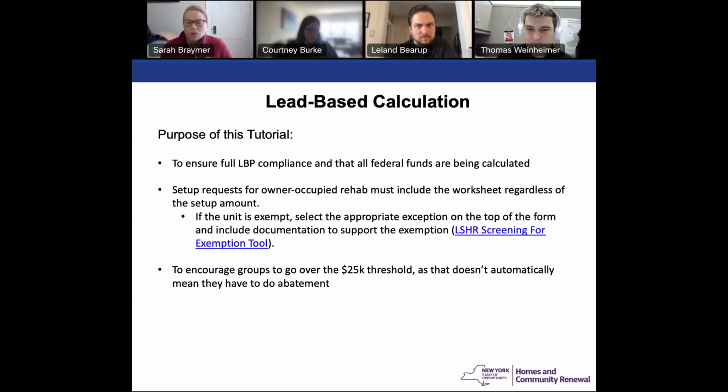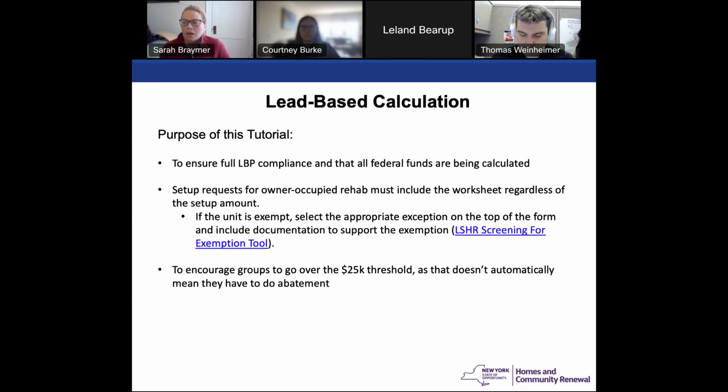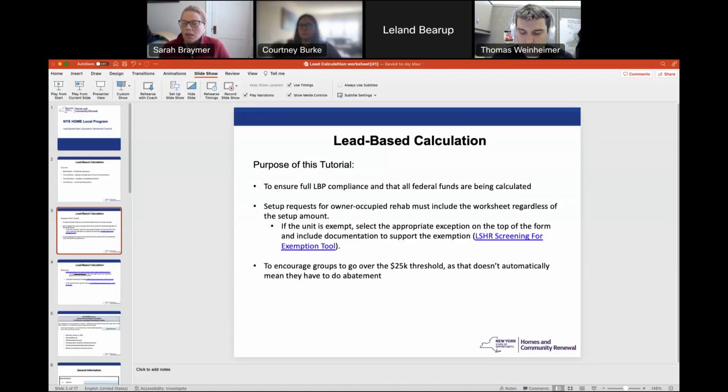I wanted to start off by reviewing why we are hosting this tutorial. Obviously, it's to ensure lead-based paint compliance, especially when other federal funds are being used, such as CDBG. As your program managers, we want to know if additional federal funds are being used from the time of project setup. Reason number 2, all homeowner occupied rehabilitation setups now require the lead paint calculation regardless of the setup amount. We informed groups via email back in February, and